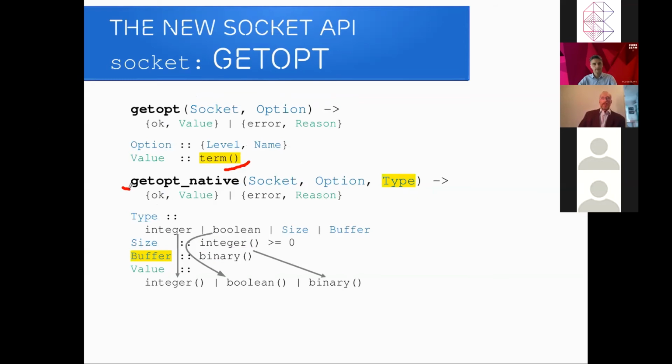For the getopt native function, the type is a specification for how to interpret the platform's value. The usual ones, integer, boolean, binary, but you can also give a buffer to getopt, which actually works like a value-result argument. You give it a buffer and you get another buffer back, so you get another binary back, which is actually used for some options.